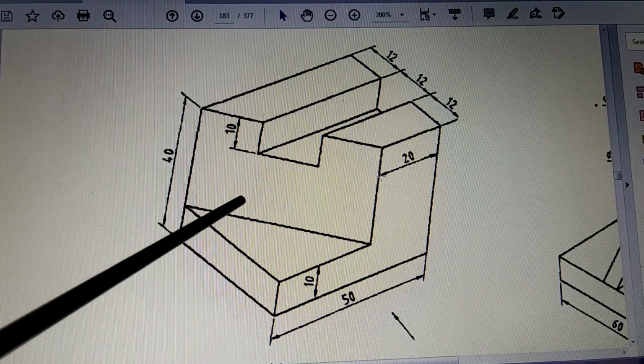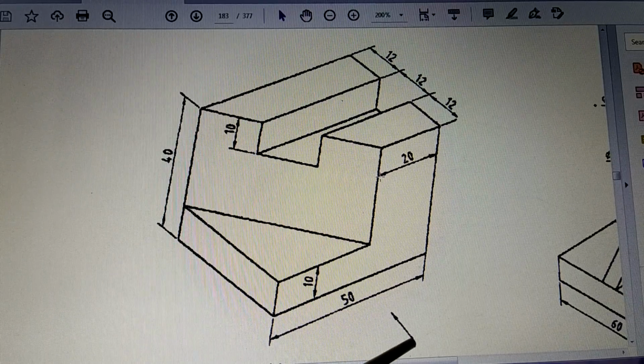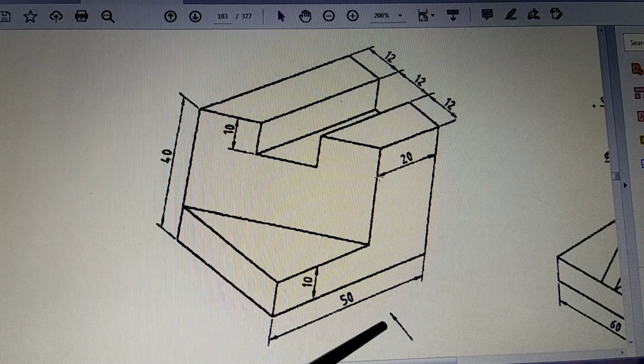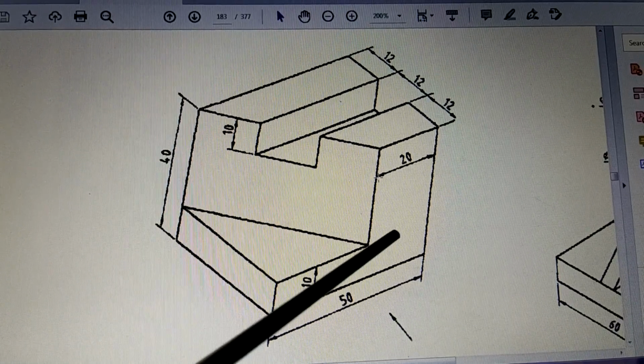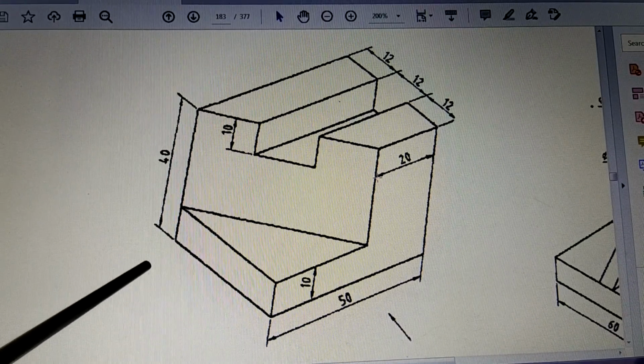So again you will find there is a figure given, the object is given, and you are asked to see the object in a particular direction, and according to this direction you are going to draw the front view and then the top view and then the left hand side view on the right side. And all these three views are to be drawn by yourself, and there is no reference given as an answer